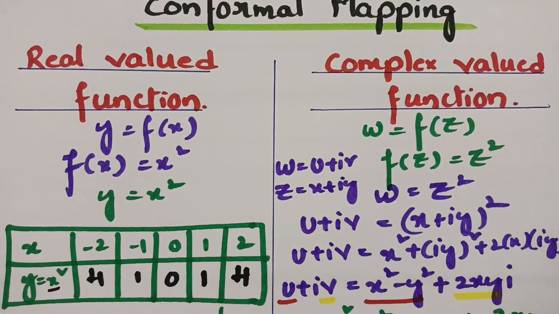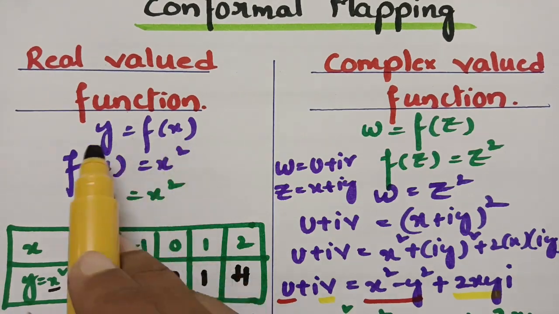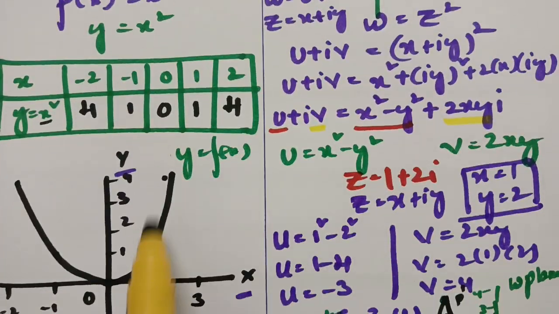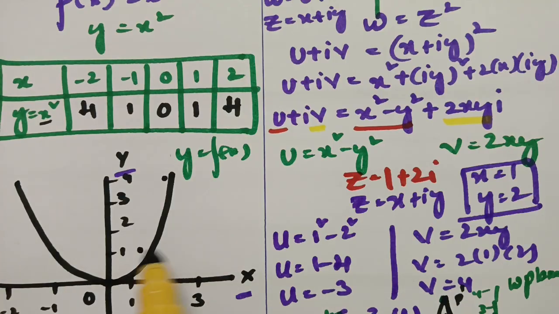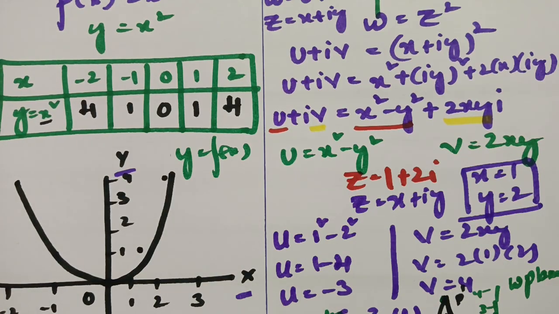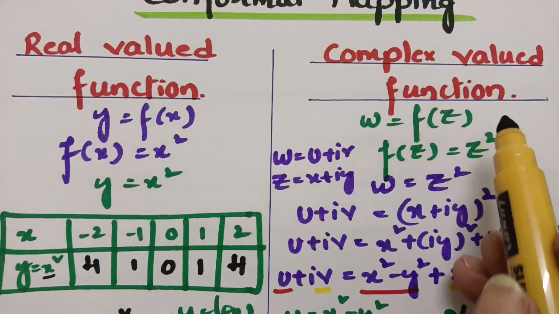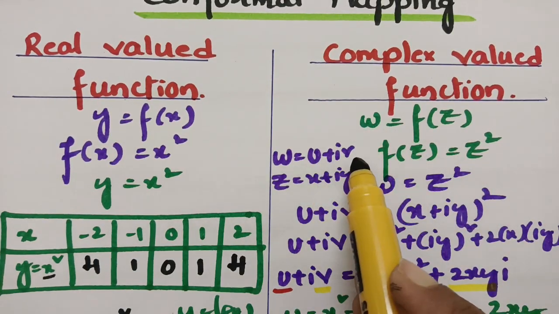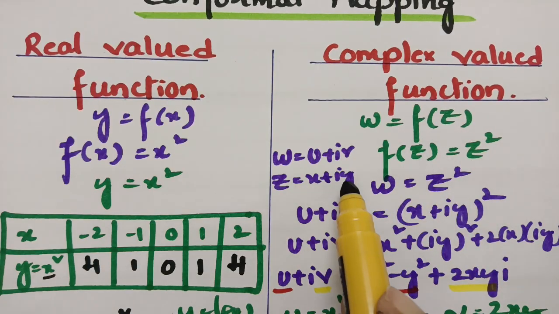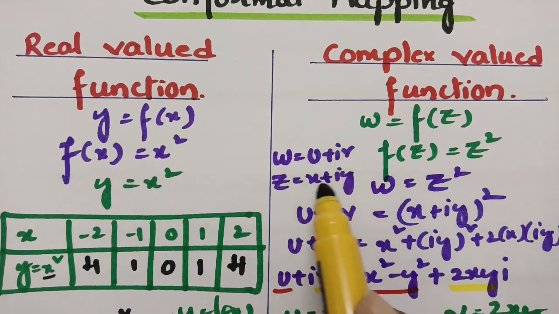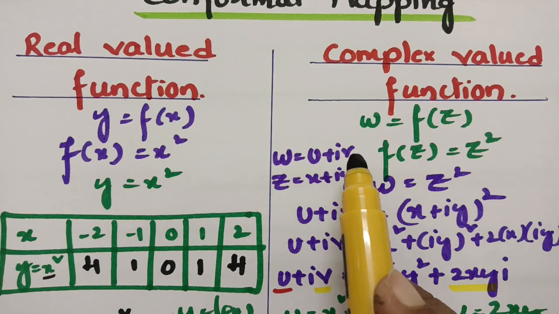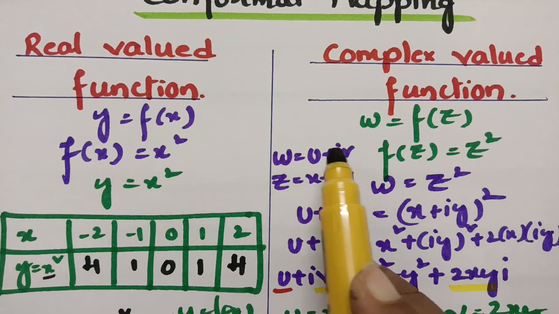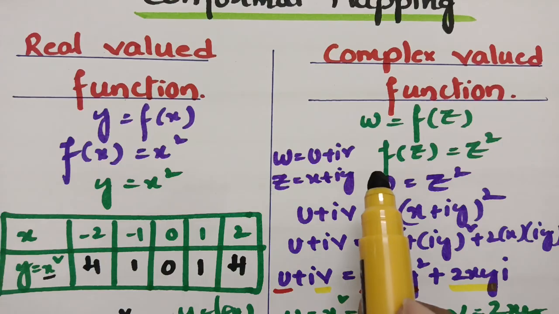If you take a function y is equal to f of x, there are two variables here, so there is a clear-cut graphical representation in an xy plane, so there is no worry for that. And for the complex valued function, there are two variables, that is w as well as z. W is represented in terms of u and v, and z is represented in terms of x and y. So altogether there are four variables, that is x, y, u, v. For four variables, there is no 4D graph, and therefore we have to adjust in two graphs,